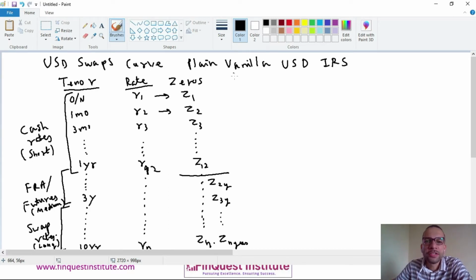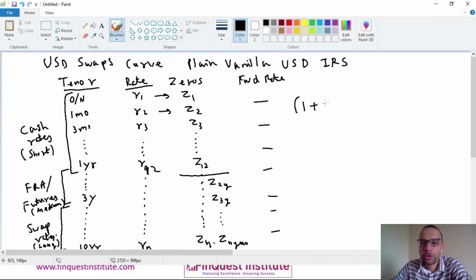Now, once you calculate zeros, you also require something we call a forward rate. Now, why do we require a forward rate? We'll get to that in a minute. So you'll calculate forward rates at respective points in time. The forward rate is based on the same no arbitrage relationship between spot rates and the implied forward rates. So if I had to give you a simple example, we'll ignore compounding for now, so as to keep the equation simple.